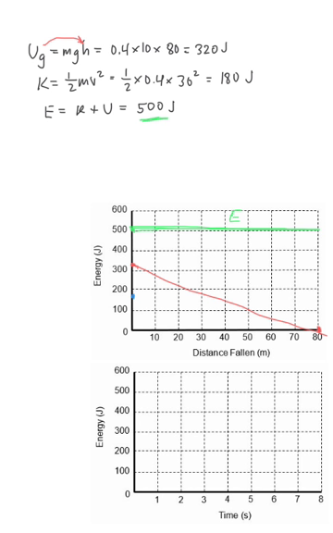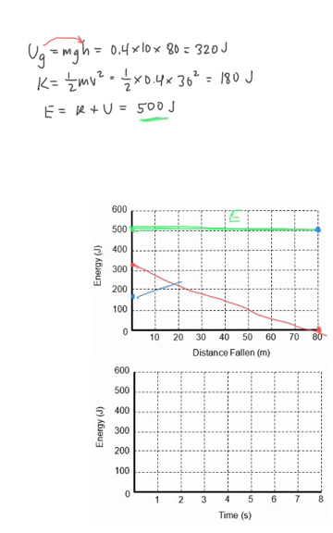And at the same time, the kinetic energy has to increase. Since the potential energy is going down, the kinetic energy has to go up, so that the two of them added together will give you that total energy line. So when it has hit the ground, the kinetic energy will have to be 500 joules. So at the 80 meter mark, we can put a dot at 500 joules, because all of that total energy will be kinetic, and none of it will be gravitational energy. And that graph is just going to increase at a linear rate, since the other graph decreased at a linear rate. So you should just have a straight line